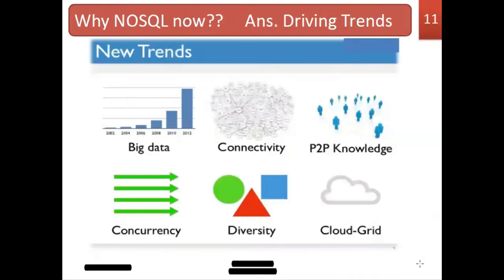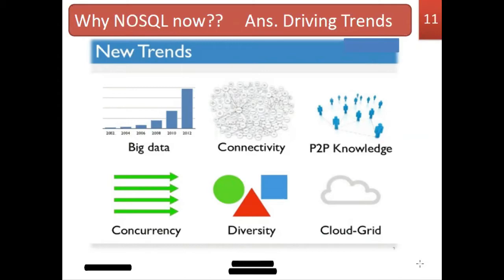So why NoSQL now, and what are the driving trends? The new trends in the industry are that we are dealing with big data, and we talked about connectivity in graph databases, and P2P knowledge.